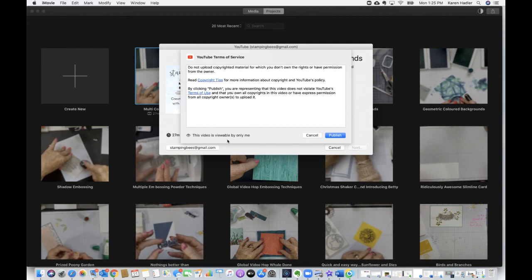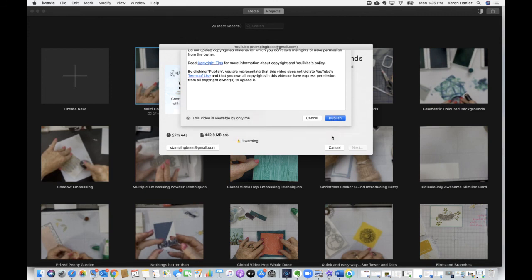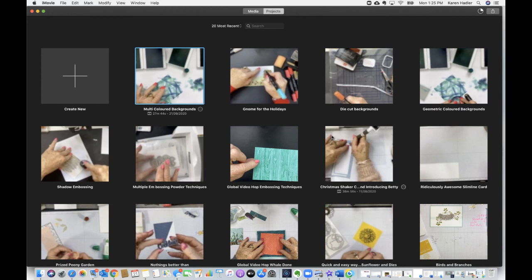It always does this about copyright for music and all this sort of stuff. It will not upload if you do have something it's not sure of. Then I click publish, and this little thing up here will tell me that it's uploading, and you should get a notification to say that it is there. So that's all that you need to do to